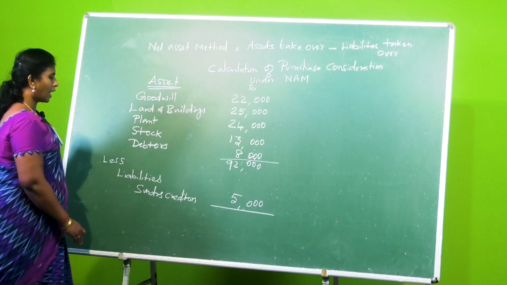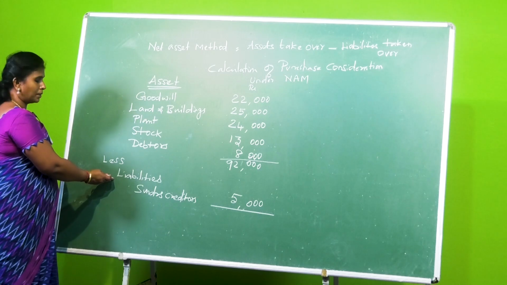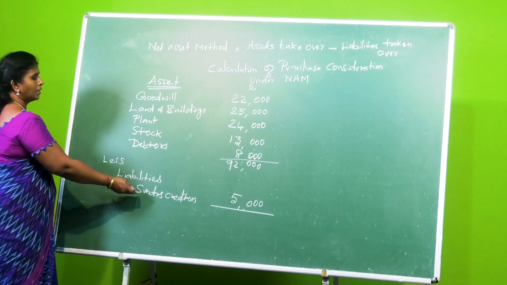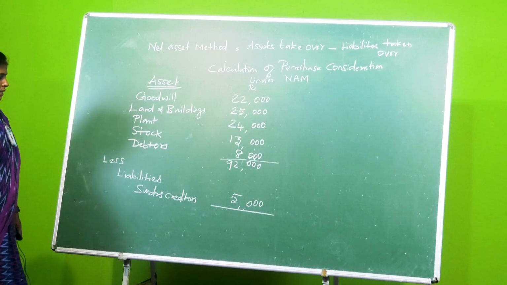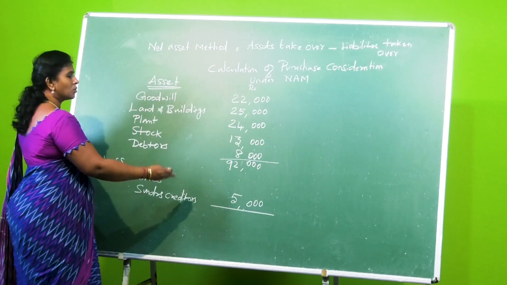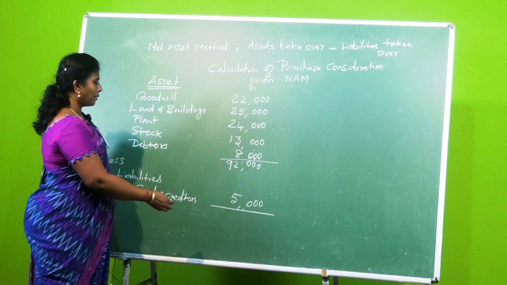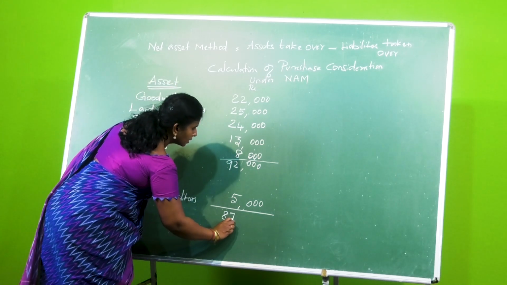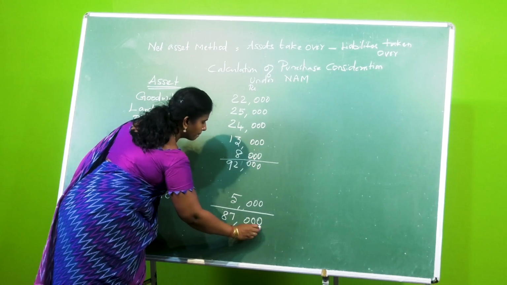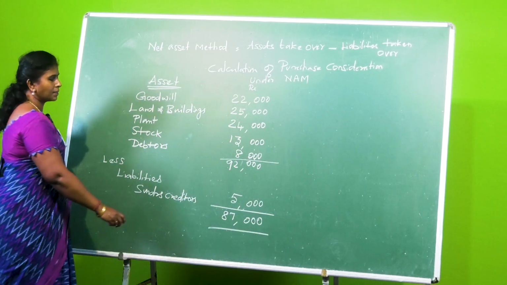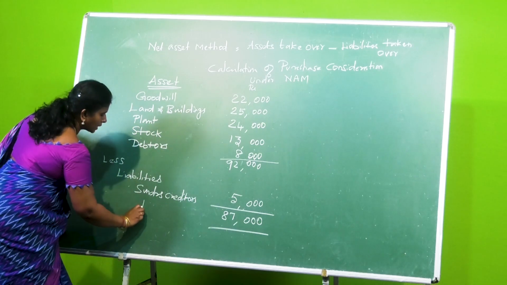From this amount we have to deduct the liabilities, the agreed value of liabilities taken over by the purchasing company. The purchasing company takes the sundry creditors, the agreed value is 5,000. So assets minus liabilities gives us 87,000. So 87,000 is the purchase consideration